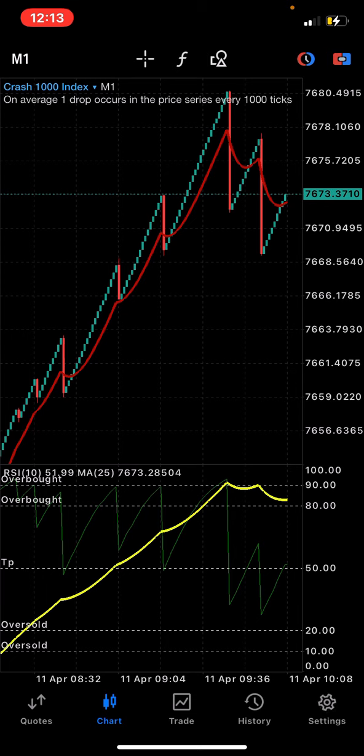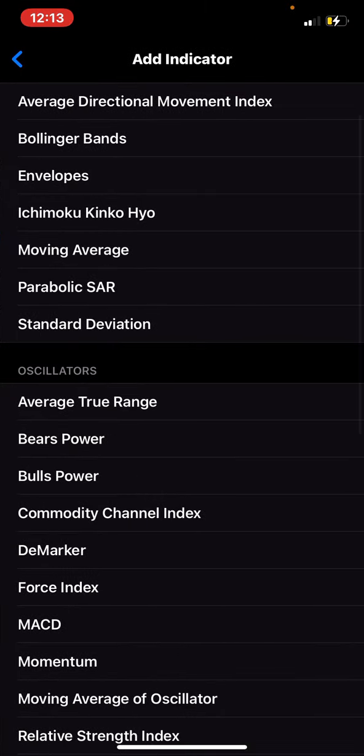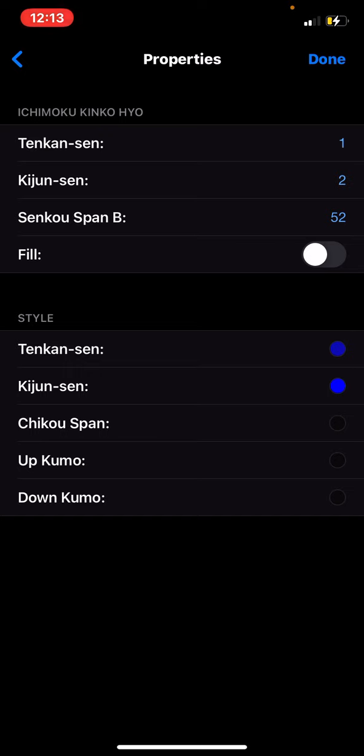And then the last indicator that we want to install is the Ichimoku, and again we want it to fall under indicator window 1. So I'm going to click here on indicator window 1 and then look for the Ichimoku. And for the Ichimoku, it will have the following settings. 1, 2, 52, and no fill. And then on the style, the first two colors can be any colors of your choice. I chose blue, and then the last colors should be invisible, so they should be